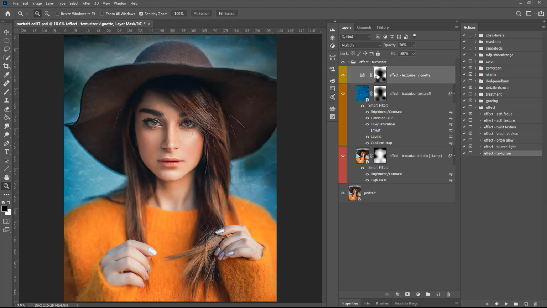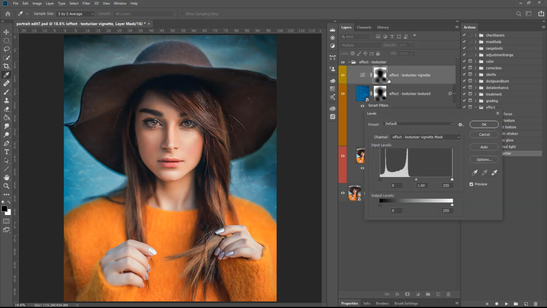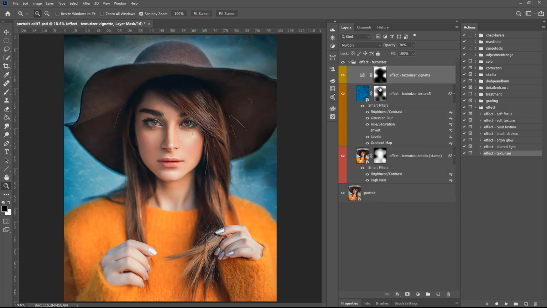So what I want to do, I'm going to select that layer mask thumbnail, press Command or Control L, and I'm going to make this a little bit darker. So the grays, I want to affect it less on her skin and on her sweater, essentially just the main subject of the image. I want it constrained to the background. So you can see I've got it constrained to the background, and I can manipulate the opacity of this layer